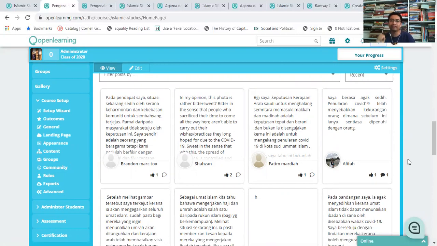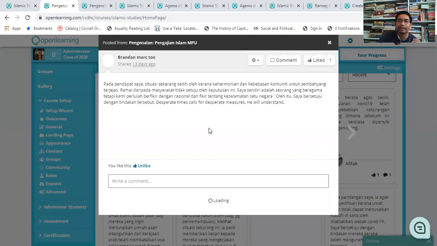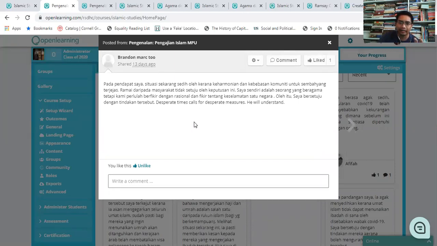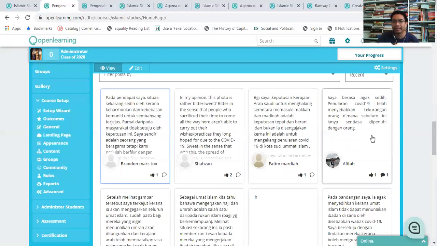Okay, why this is very interesting, and even more interesting than CMS or Google Classroom, is that, say for example, this student gets his response on the issue that is happening. So I can click here, and when I click here, I can either like and I can reply to the comment if I want to, put a follow-up question,